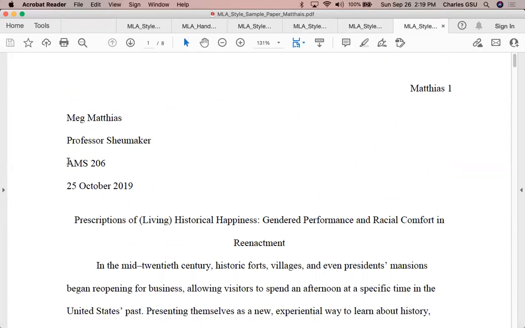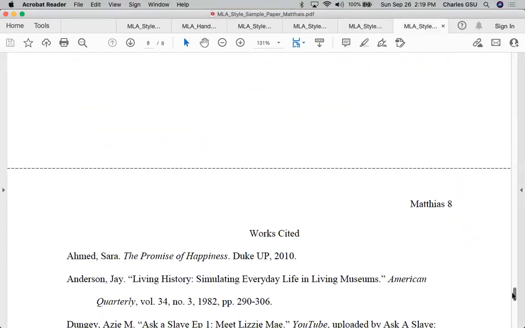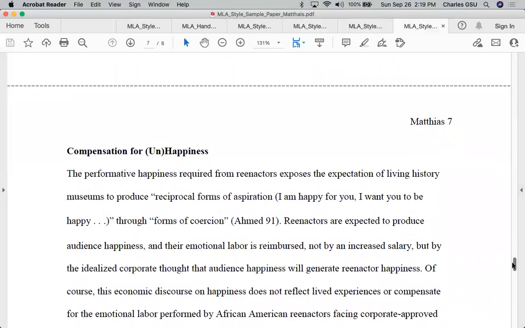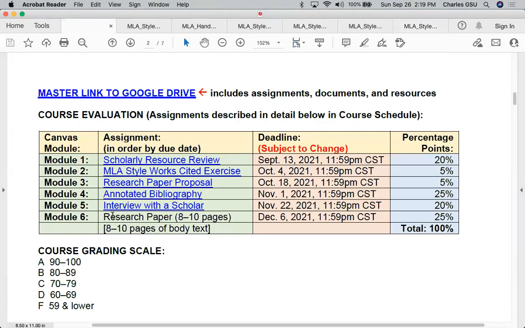I'm not sure what AMS stands for, but it's a 200 level class, and this one happens to be 7 pages short. So again, I'm not sure what this AMS class is. Anyway, the point of that, going back to the assignment, is that